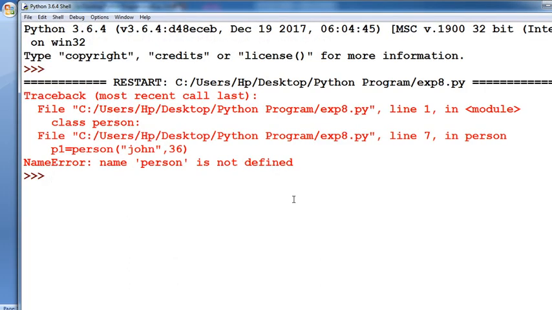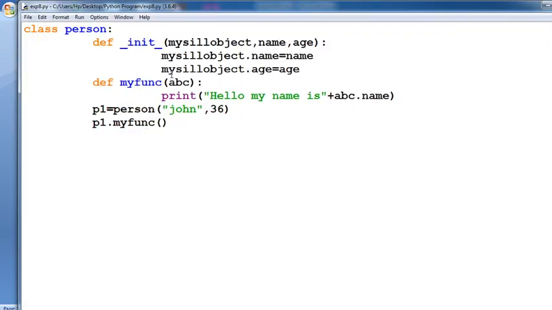Now we have displayed here the most recent call, and the module, that is class Person. And check here line number 7, John 36, that is a value, displayed here as class Person, okay, defining the name of that particular class, then def.